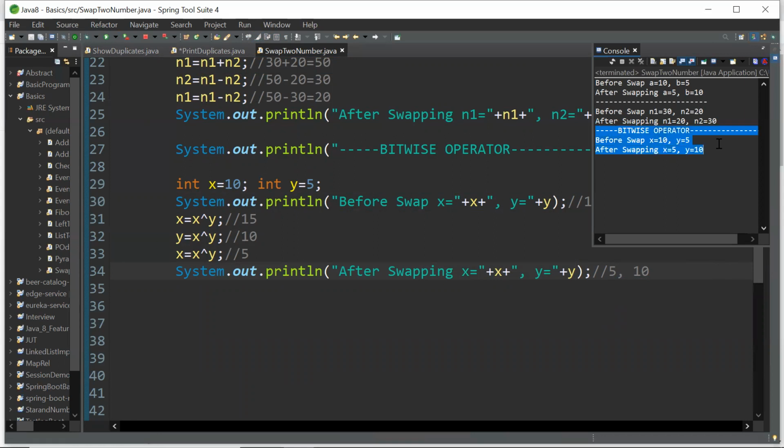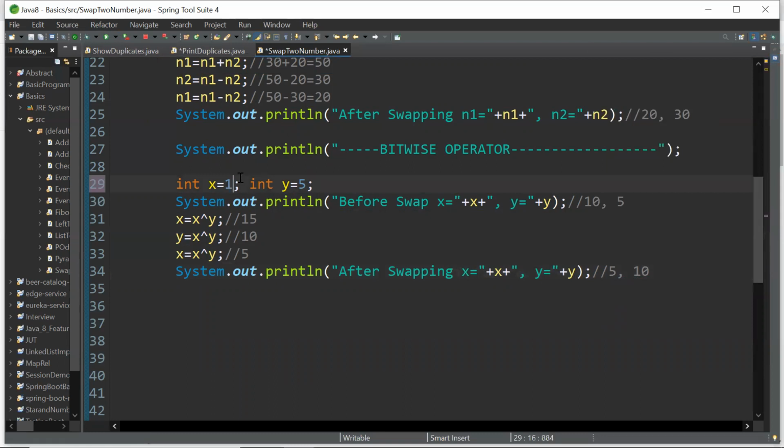So by using a bitwise operator, x was 10, here x is 5, then earlier y was 5, then it was 10. Suppose I change the value to 50 and 100, let's see what the output should be.